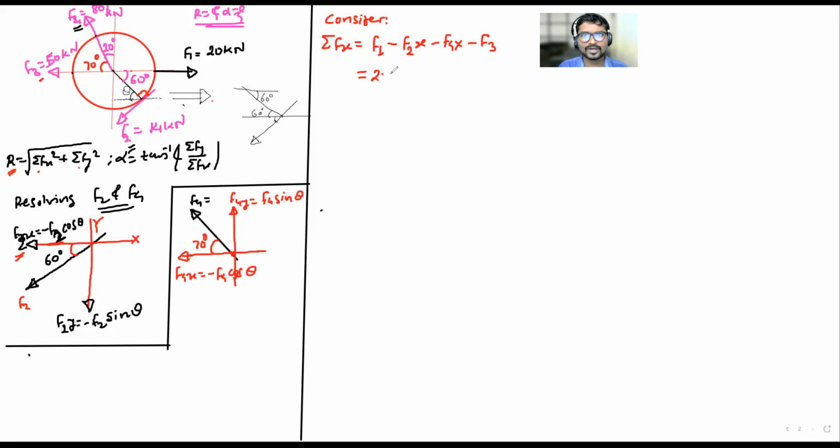That is equal to F1, 20, minus F2x, which means F2 cos theta, minus F4x, which means F4 cos theta, then minus F3, which is 50. So that is equal to 20 minus F2, which is 14, cos of angle 60, minus F4, which is 80, cos of angle 70, minus 50. Therefore, the summation of the forces along the x-axis is equal to